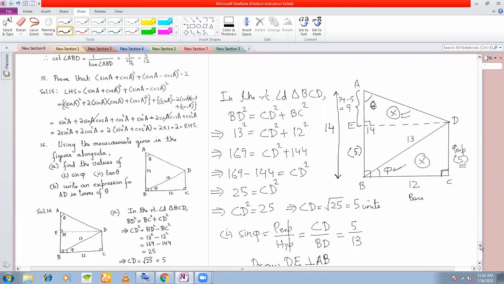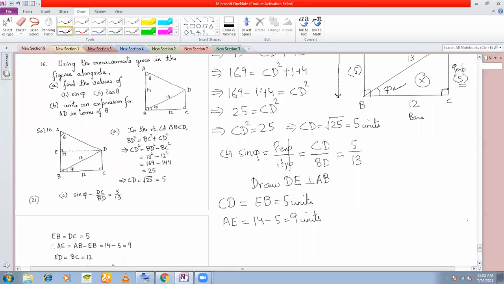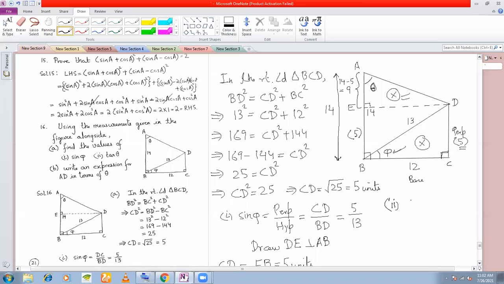Okay. So what is tan theta equal to? Let me do it here so that the figure is there on the screen. Number 2. Now we know tan theta